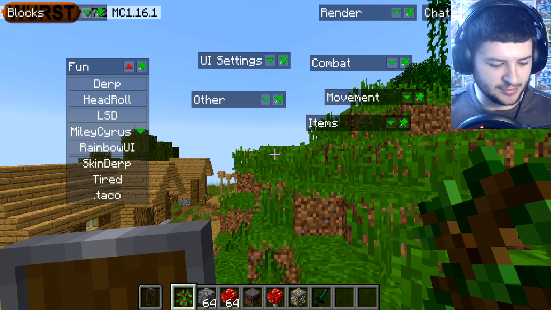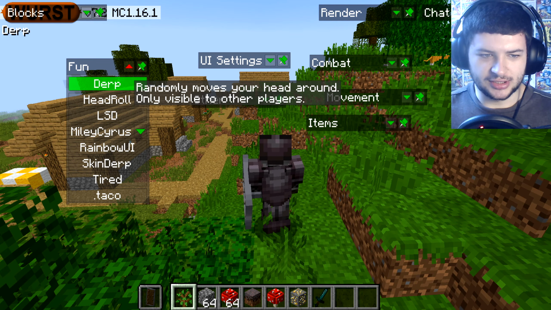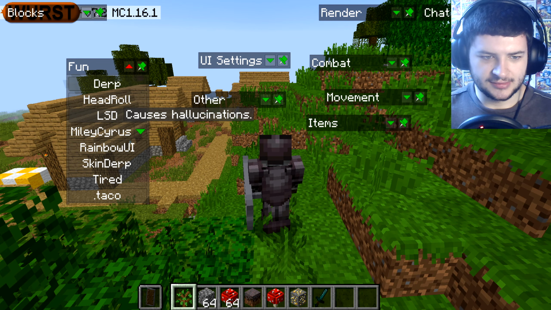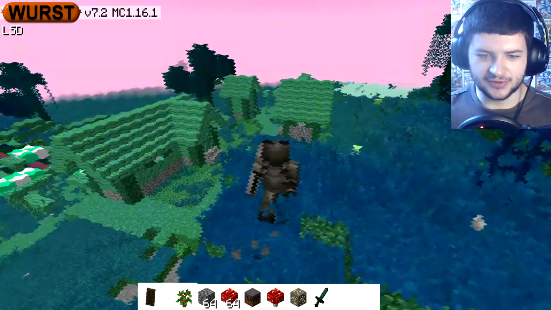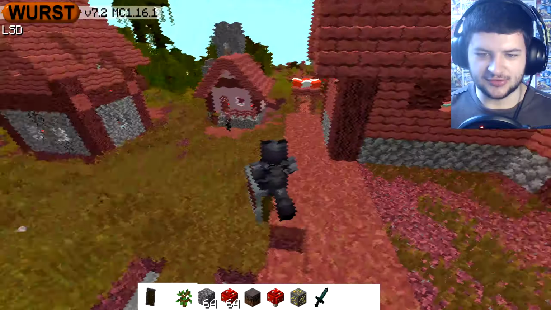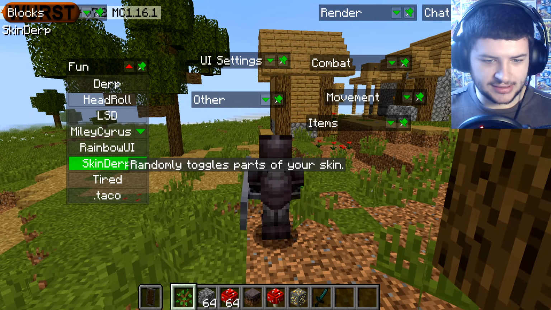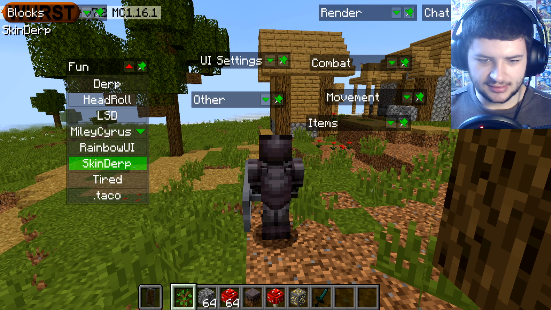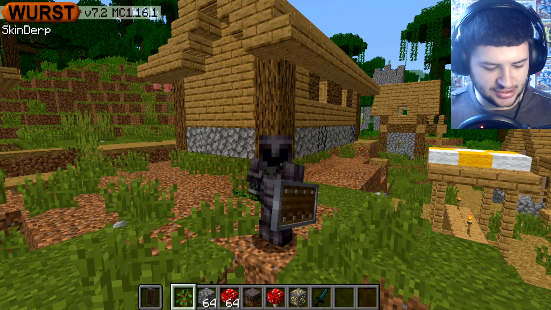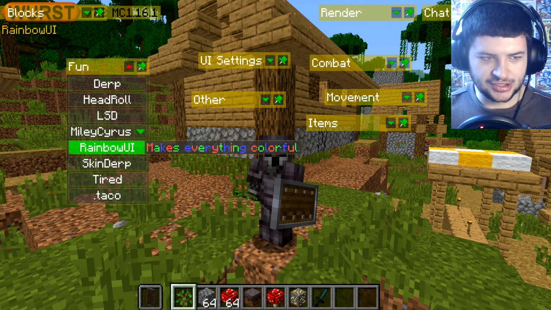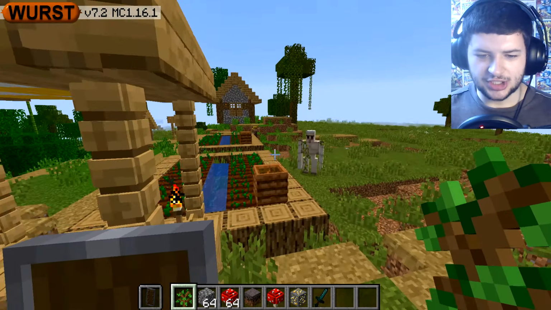We can go into dirt mode for an example. So if we back out this and go into third person mode, it only is visible to other players, of course. And then we can turn on this really awesome mode where it shows all these like colourful effects, and the world just looks crazy, like you've just taken something that you shouldn't have done. That's really cool. And then skin derp, where it toggles different parts of your skin, which I think if we go into the first mode, you can see that it just glitches completely. And then you can change everything to change colours. So there's a lot of stuff in here that you can mess around with,